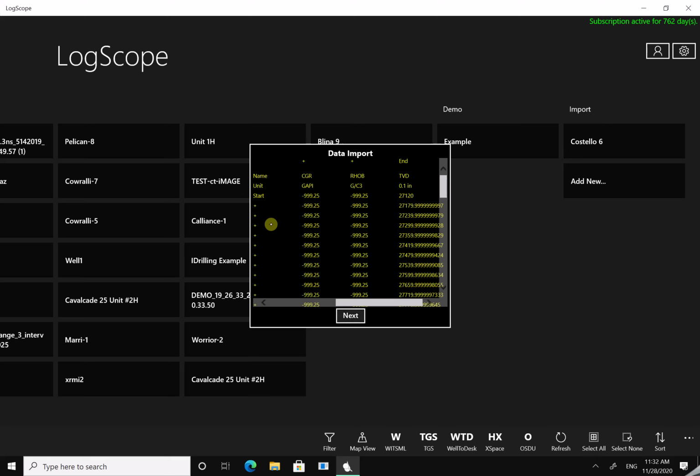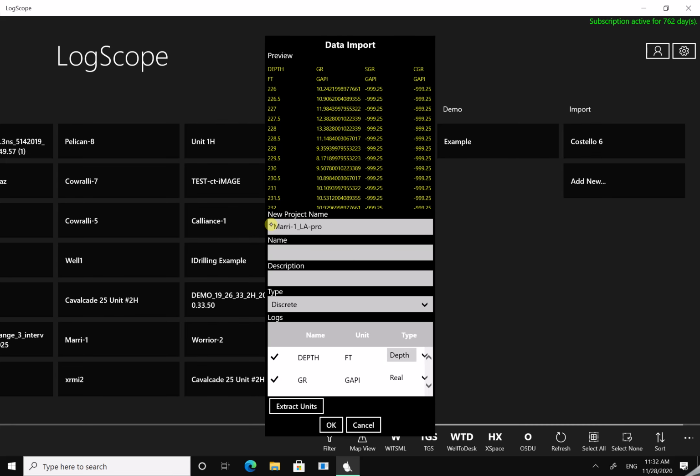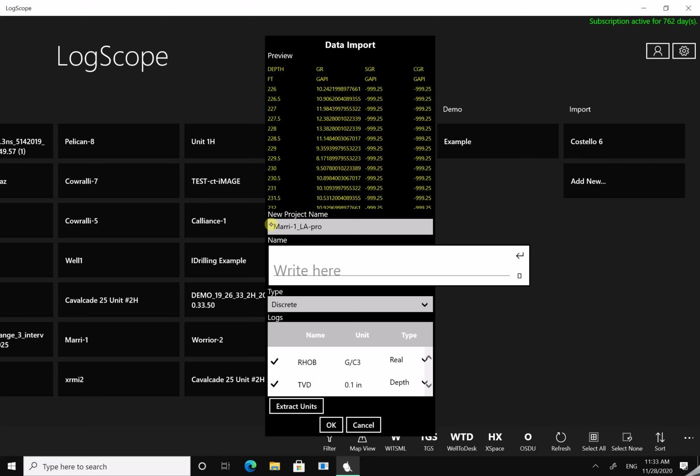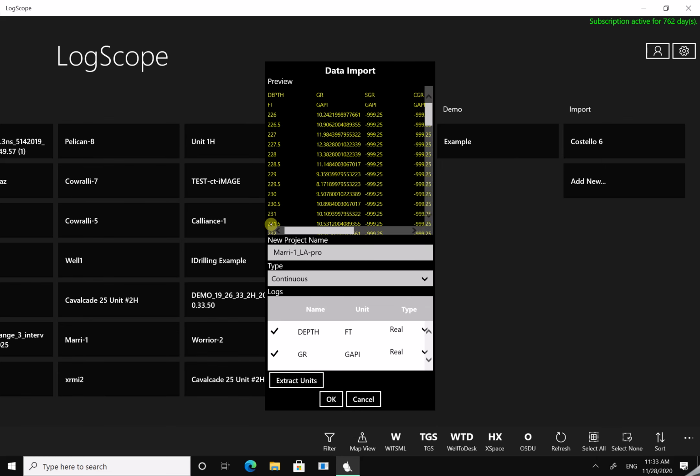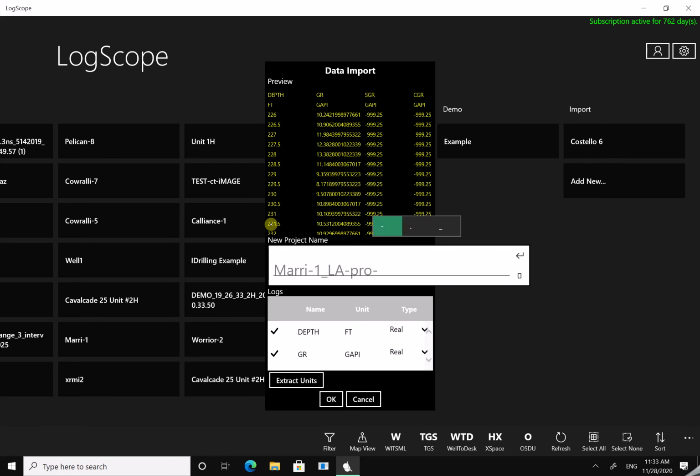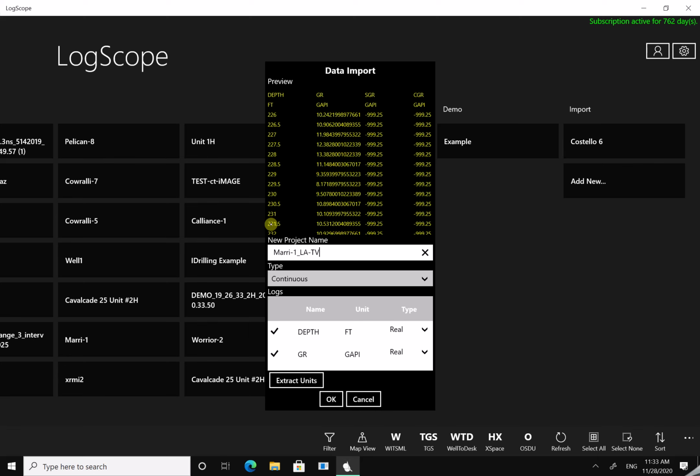So what we have to do is choose the next one, and then this depth, we're going to make that real, and we're going to make this depth, and then we're going to give this a name because it's discrete data, but we can do this as continuous, like so, and then we'll call this TVD,